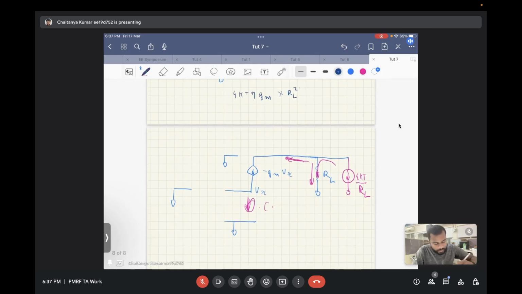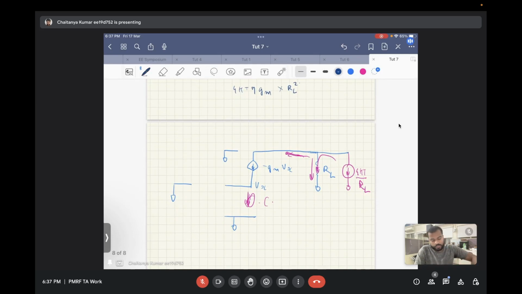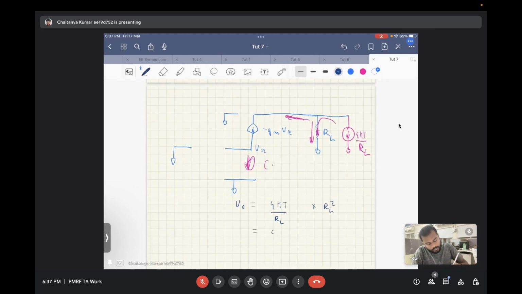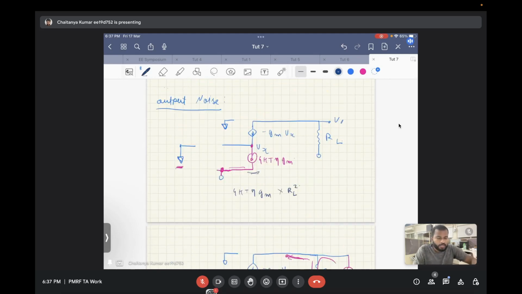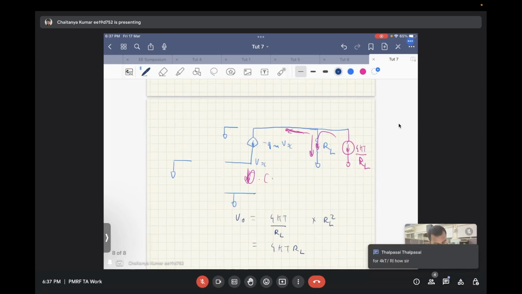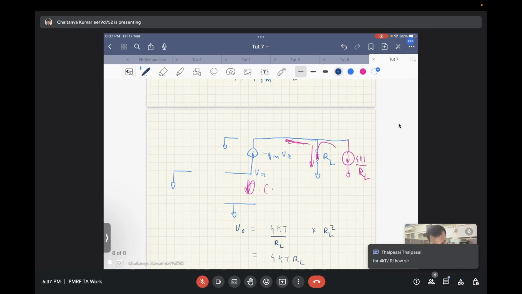So the output noise due to the noise current source of RL will be 4 kT by RL into RL squared. That comes out as 4 kT times RL. So we have found out the noise due to the input transistor, that was 4 kT eta times Gm, and we have found out